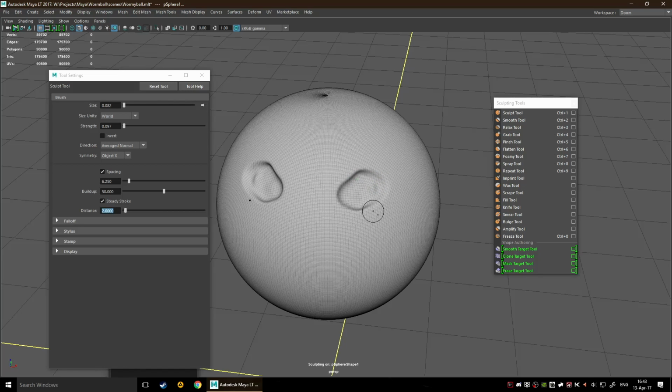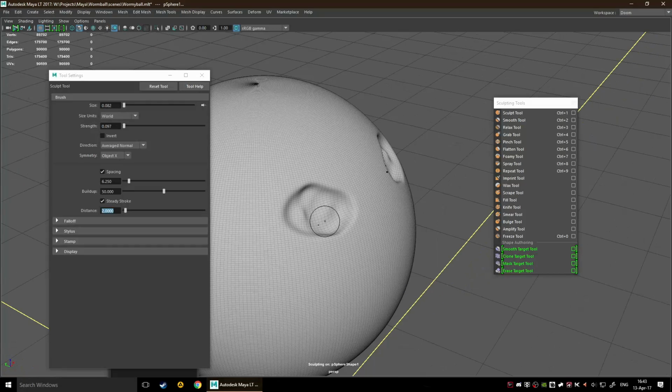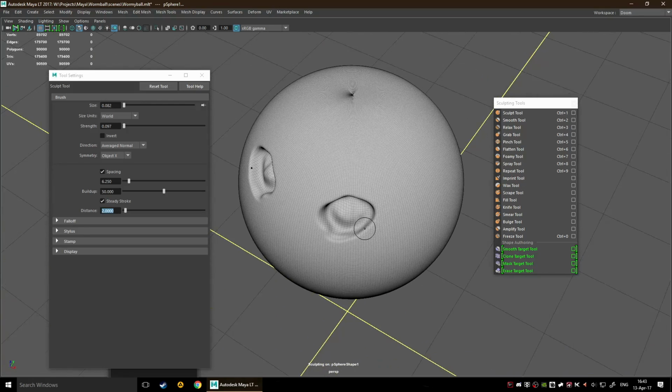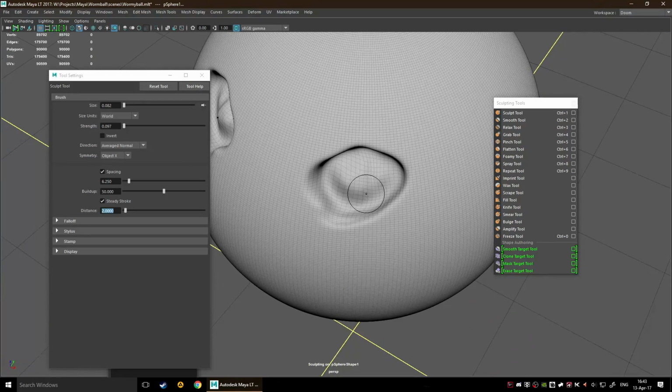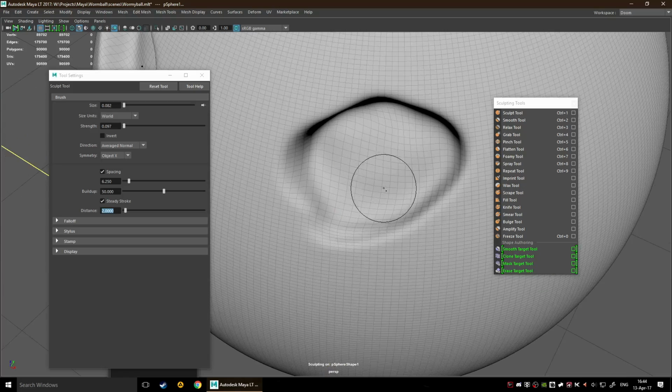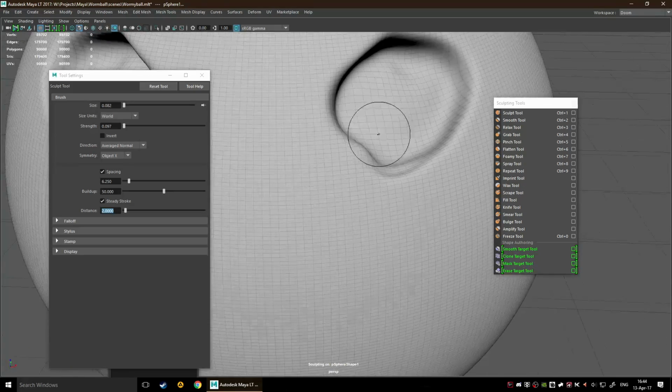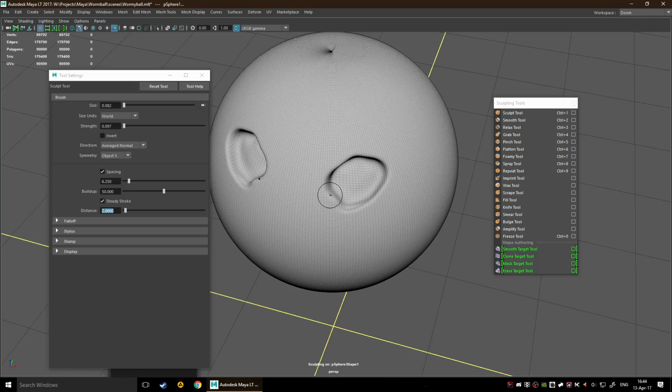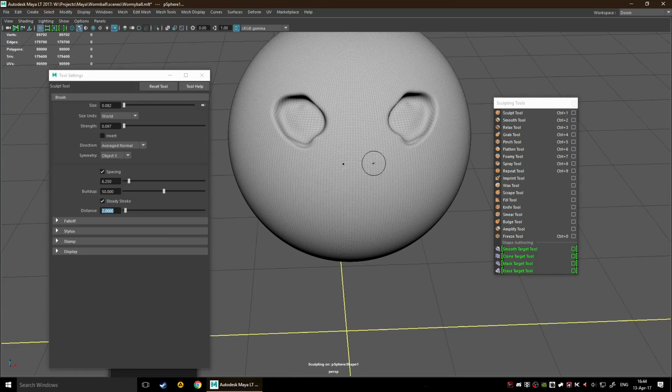It's always a good idea when you're working on something like that to go slow, because most of the time you might get undesired results. And once you're done, always use Shift. Shift is a good practice anyway. It basically relaxes, it's like smoothing your previous operation. So as you can see, my eyelids are a lot smoother at this stage of the modeling, right? So let's say these are my eyelids, and my eyelids are done, but I need a